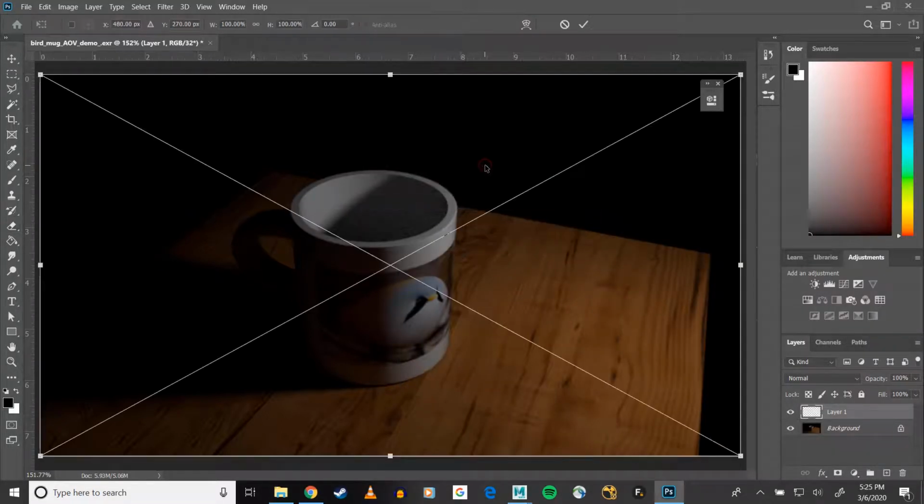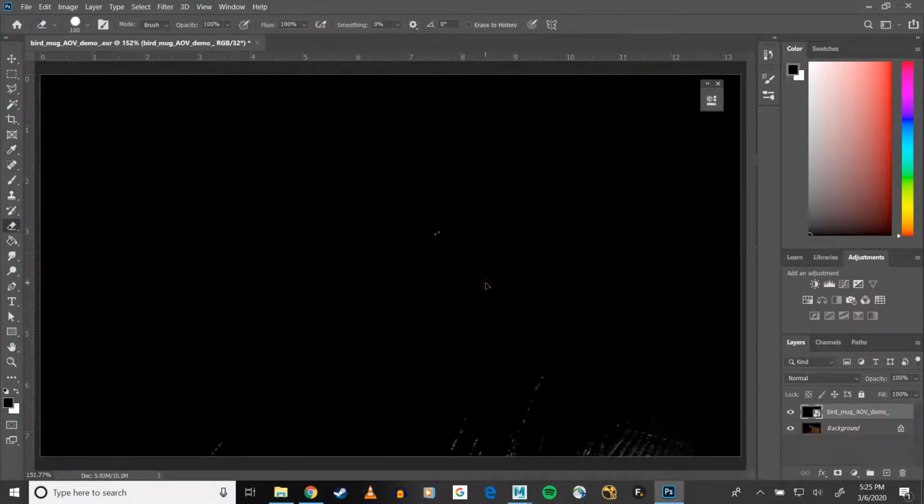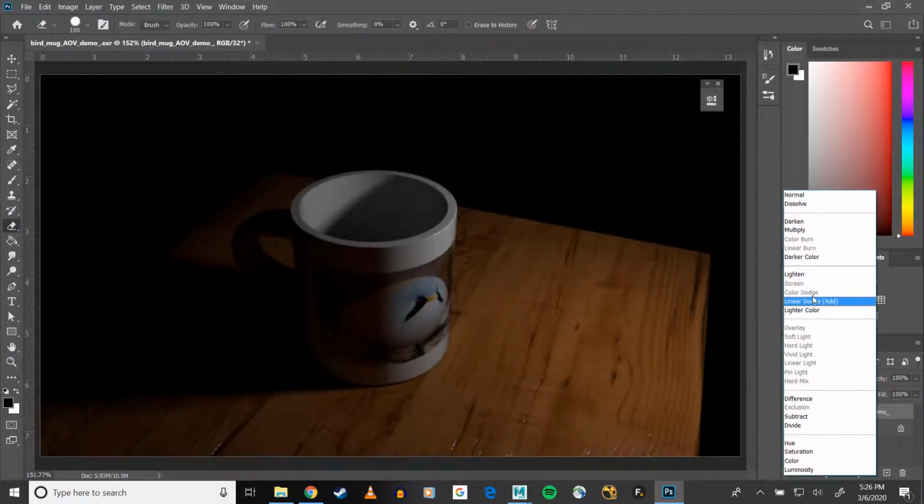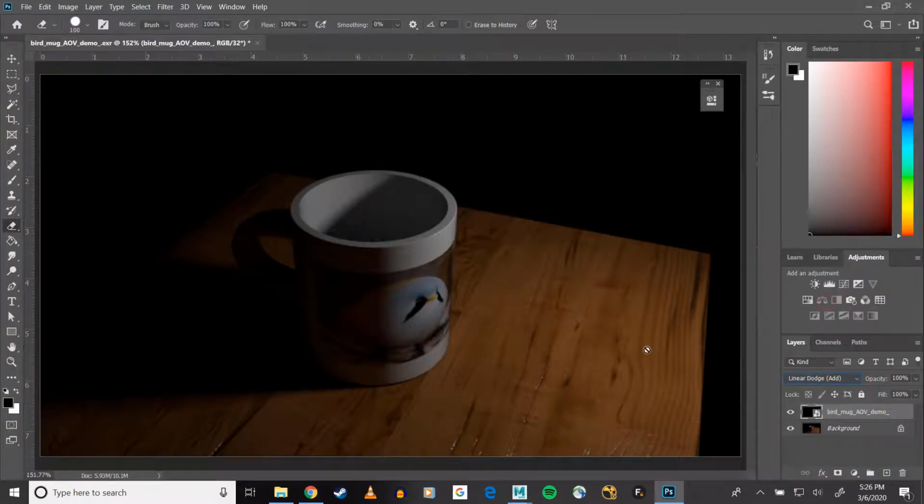Say as transparency. And you can see it comes in as this at first, but if I were to change it to linear dodge, which is just add, it'll add the pixel values on top of the pixel values from my diffuse pass, and therefore now I've added my direct specular hit, which of course, if you're working like this, you're going to want to be naming your